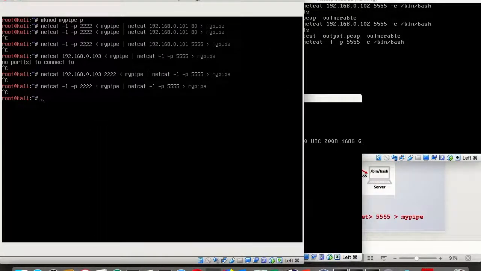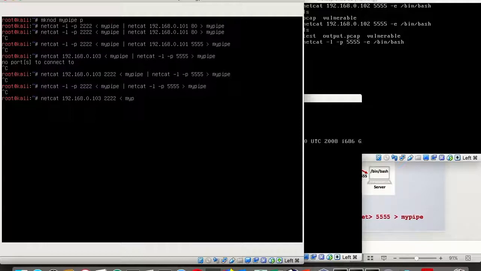And then I will have here the client to client relay. So netcat connecting to 192.168.1.103 on port 2222.